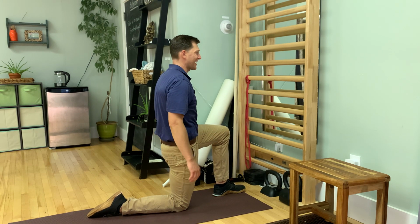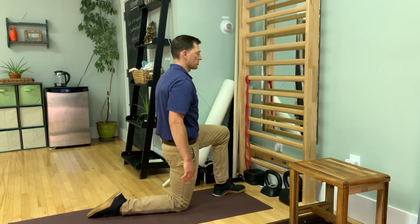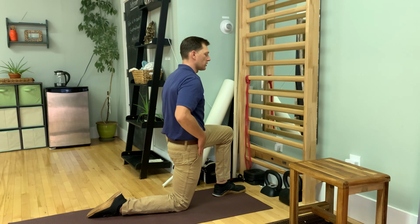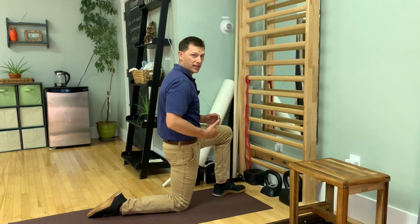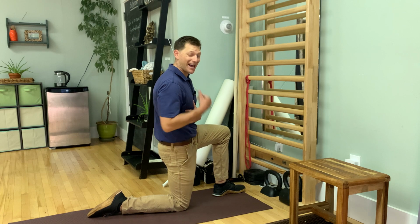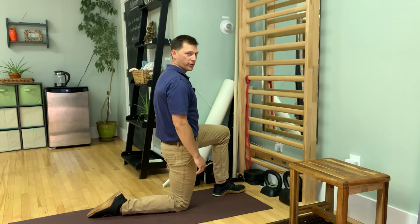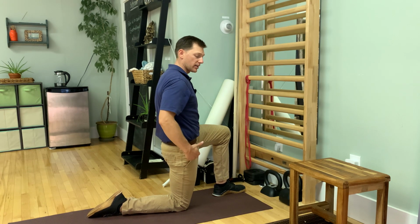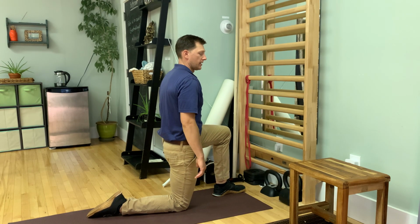Now, once you're in that stacked position, then if you don't feel much of a stretch, keeping the butt muscle tight and the ribs down, you can move forward a little bit until you start to feel a nice stretch across the front of the hip. So you're getting a good stretch of the hip flexors if you keep your butt tight and you keep your ribs down after a full exhale, and they're stacked, your rib cage over your pelvis, over one another, as you translate your full body, including the hip, forward, not letting go, arch in the back, and not with